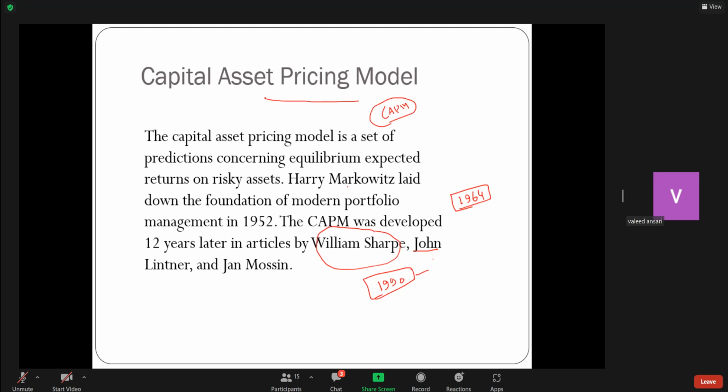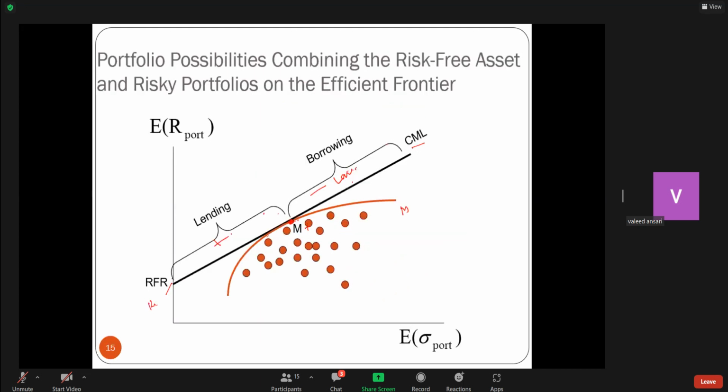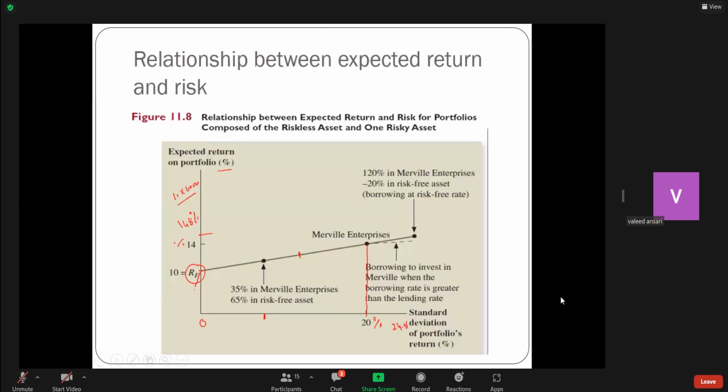So when you borrow money, then you have to pay a rate of interest on that, isn't it? For borrowed money. And let us say you make an investment in the stock market. So the idea behind is that one can use a leveraged portfolio as well, not only your money, but borrowed money. So that increases the possibilities for higher return, but also results in higher risk. Like in the earlier example which I showed you, this part that you see here, when one was investing 120, there 20% more,